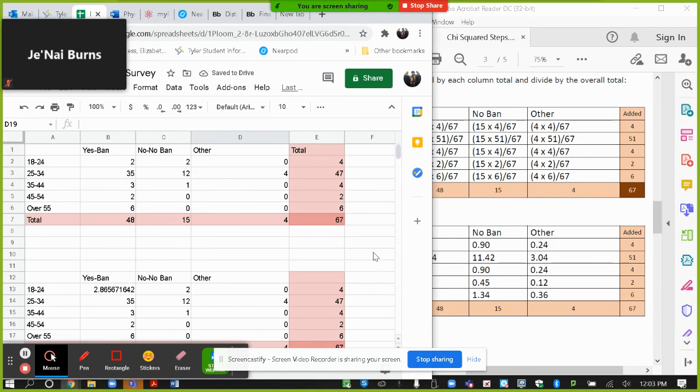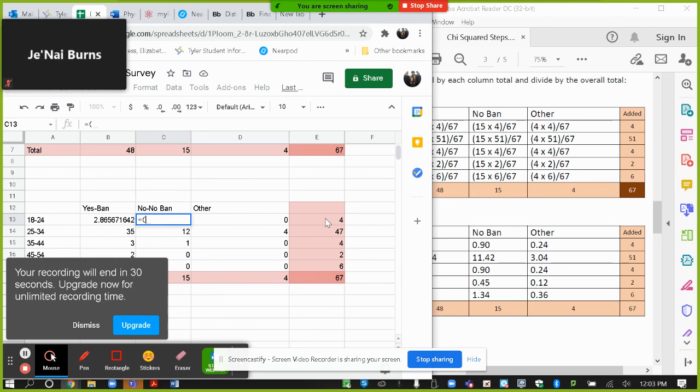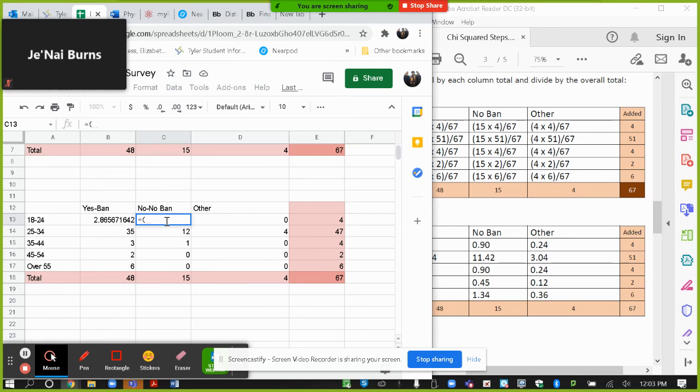I'm recording this too, so you can always go back. But I'm going to do one more example before my time runs out. Okay, so equal sign always first. So we're going to put a parentheses. We're going to multiply 15 times 4. So 15 times 4. I'm going to divide that by my total, 67. Click equals. I'm just going to go through and do that same formula for all of those, okay? Equals 4 times, because that's my total down here, 4 times 4